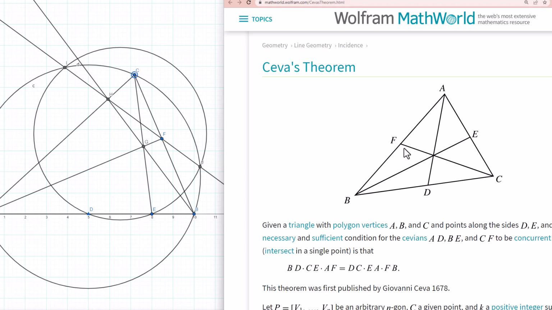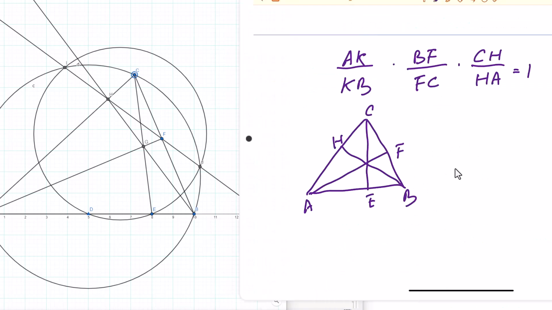An easier way to memorize that is BD divided by DC times CE divided by EA times AF divided by FB. So you have a sort of cyclic path that gives you a product of ratios equal to 1 exactly. So in our case, it is